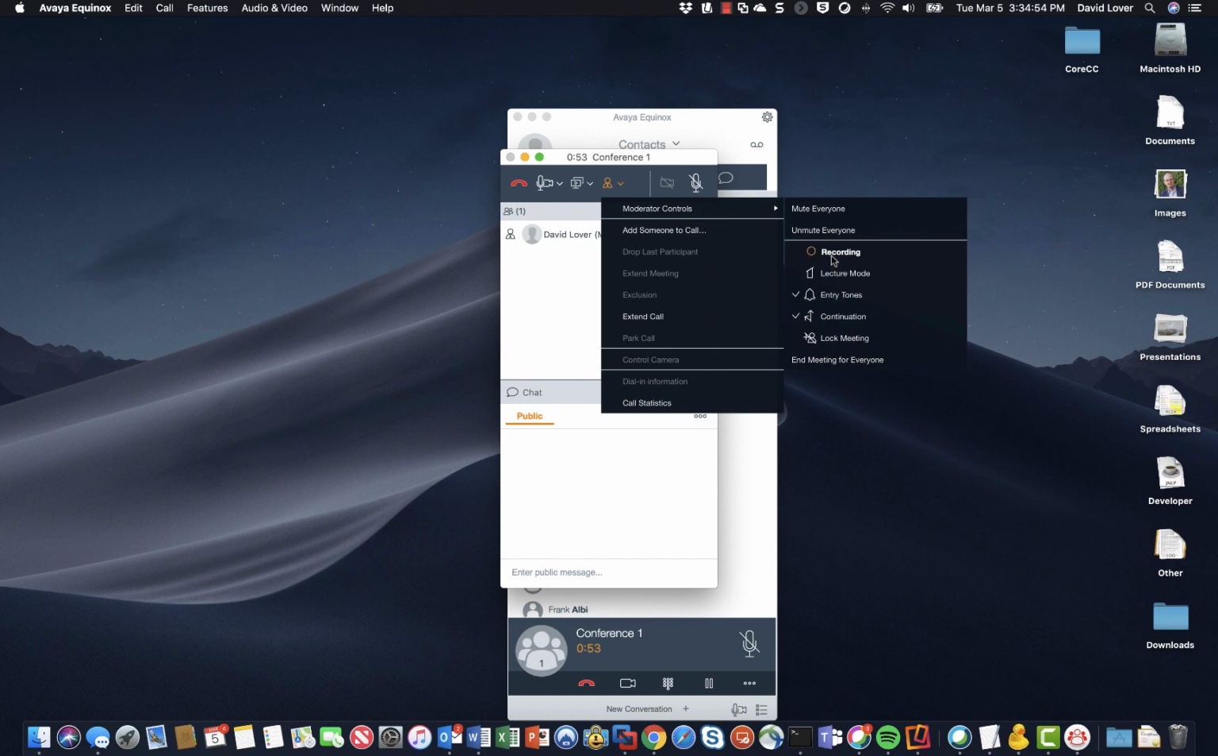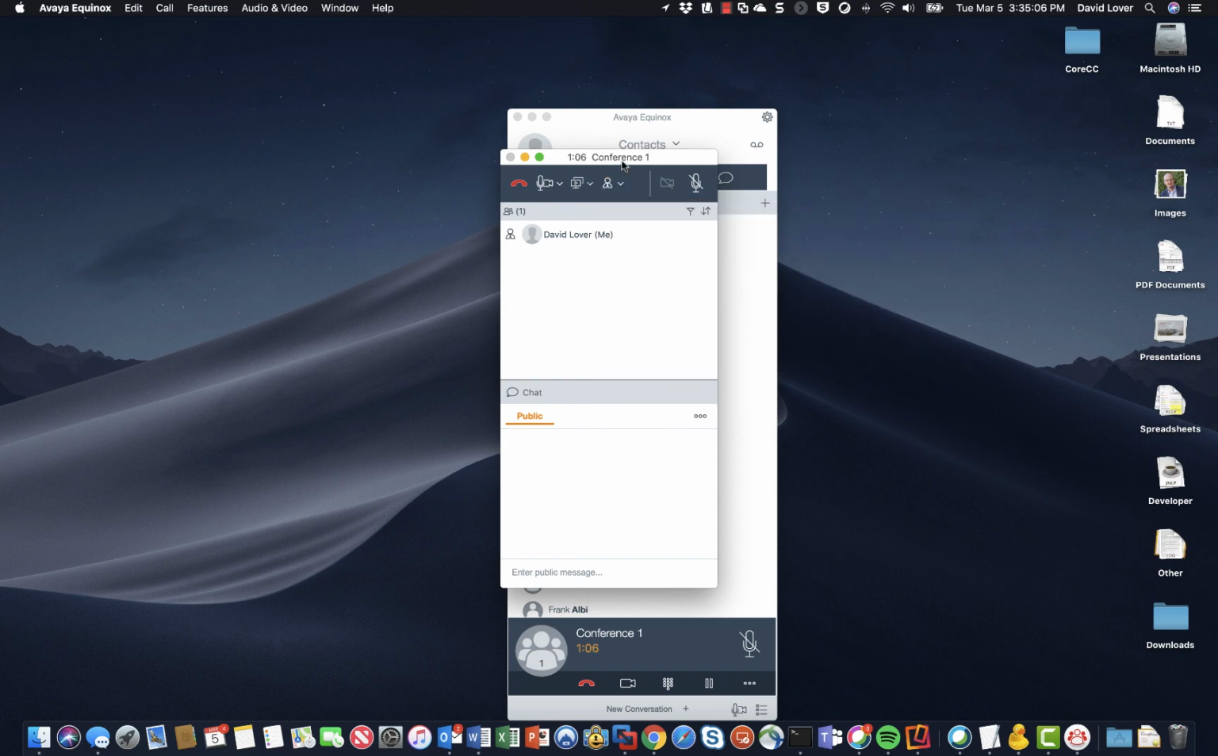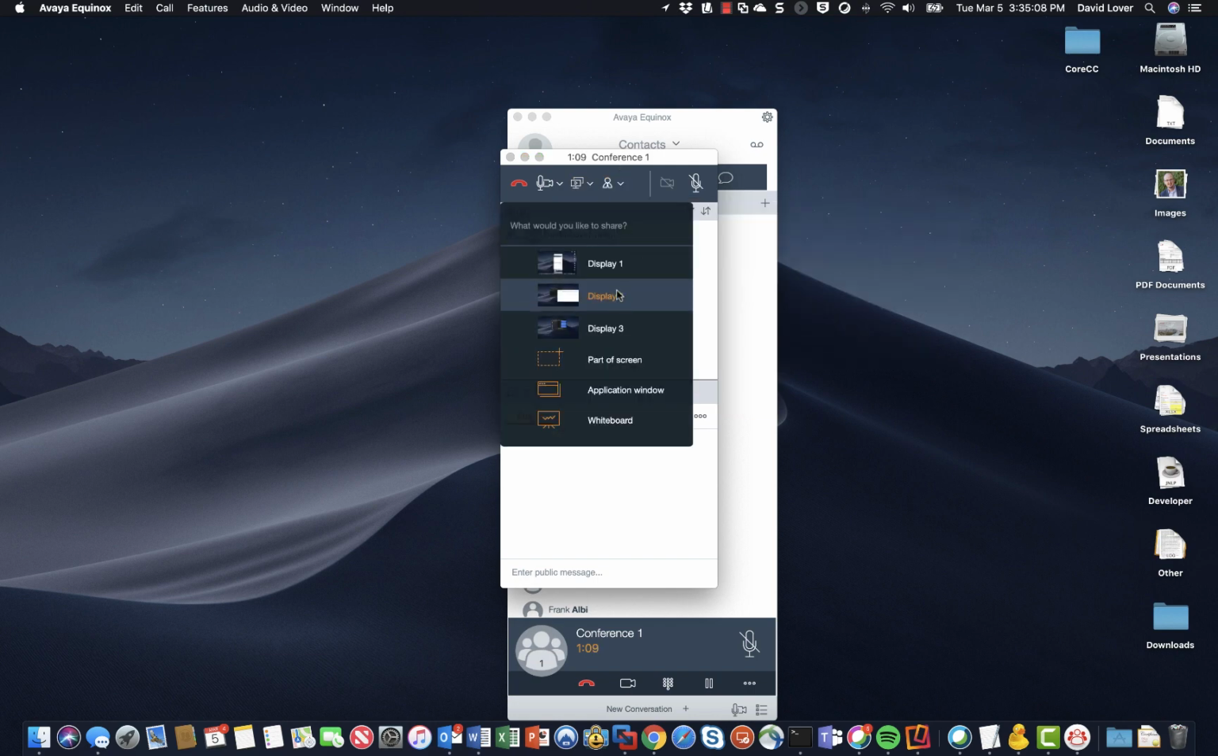These are all things that you would have seen in the web portal for Avaya's collaboration platforms, but now they're just embedded within Equinox itself. So that is, again, extremely handy. I can share content, if I want to,